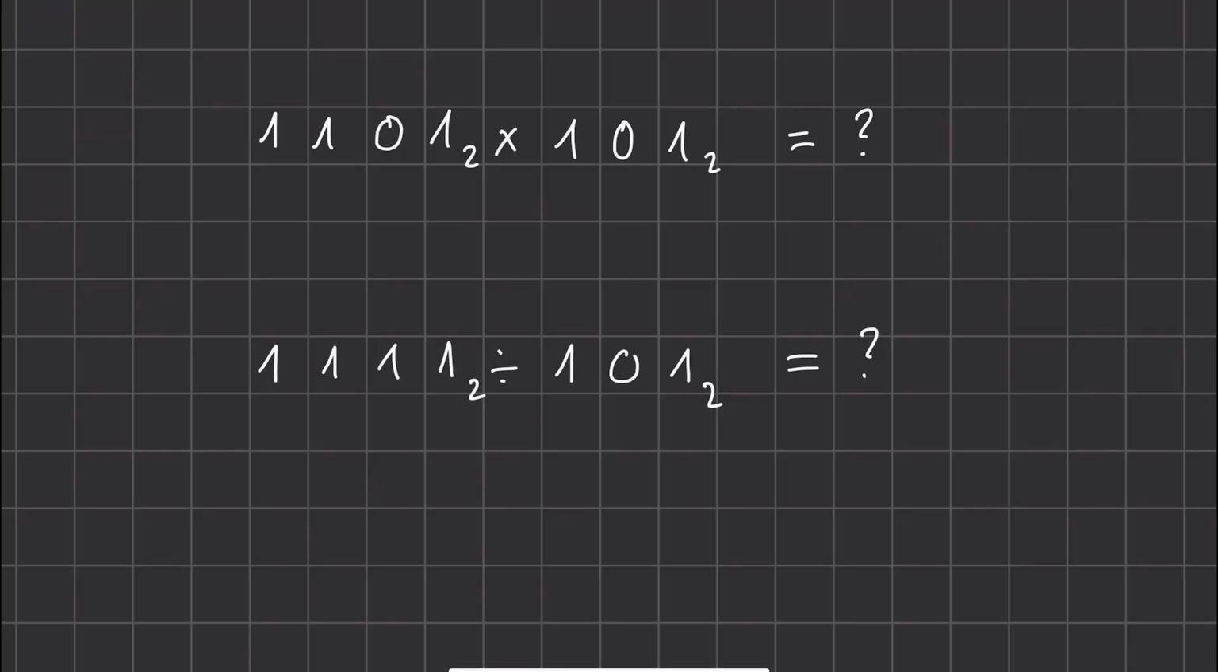Computers need to do arithmetic to be useful. But how do they actually multiply and divide using just ones and zeros? It's simpler than you think, but easy to mess up too. Today I'll show you how you can do binary multiplication and division yourself, and point out the common mistakes to